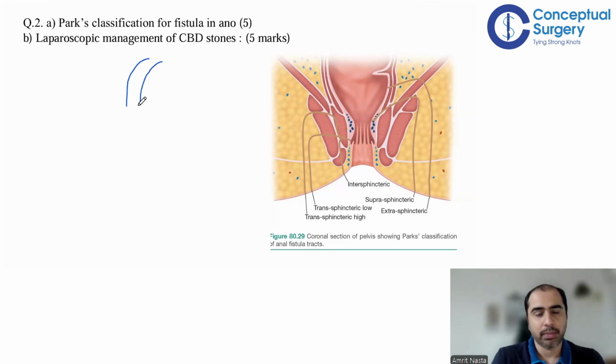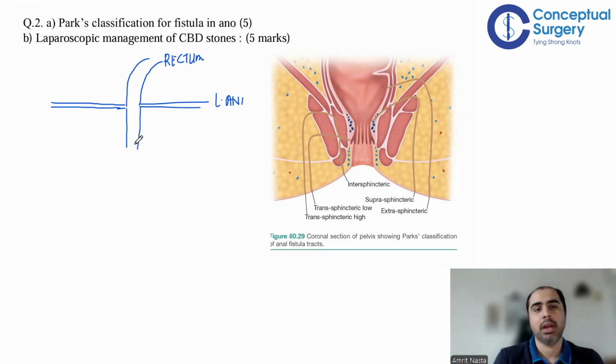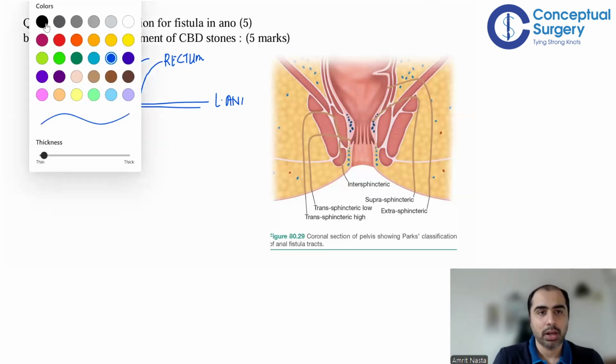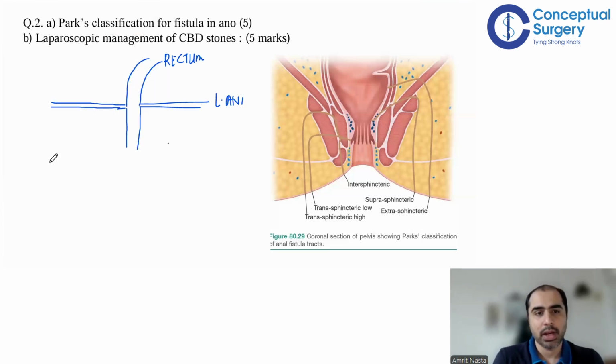So this is going to be the rectum, and where the rectum is going to terminate at the anorectal ring, this is your pelvic floor, right? Or your levator ani. So you can make a simple diagram like this. So this is your rectum, anorectal ring, or levator ani, and from there starts your anal canal. And where your anal canal is going to get over, that is going to be your anal verge. And this is your perianal skin. Right? So this is your skin, perianal skin. At your anal verge, this is where the anal canal is getting open. Now the